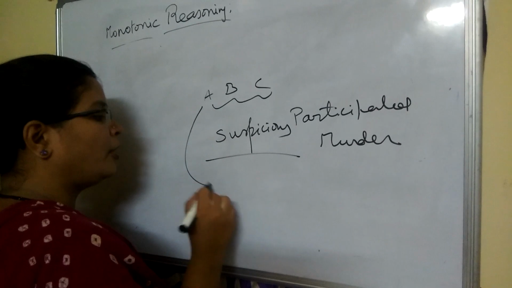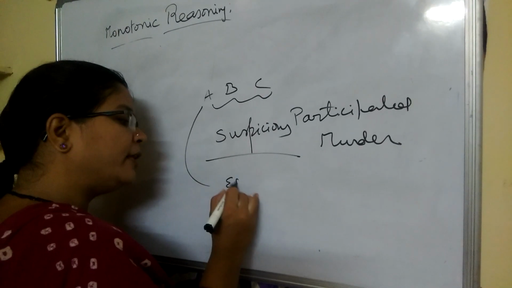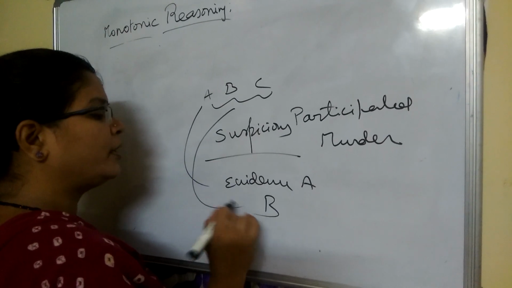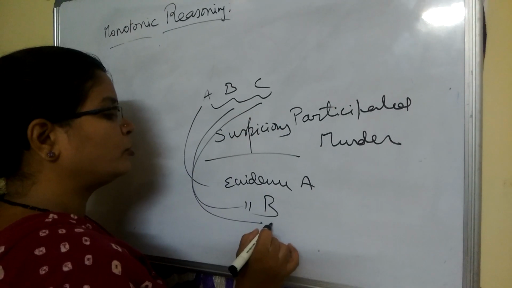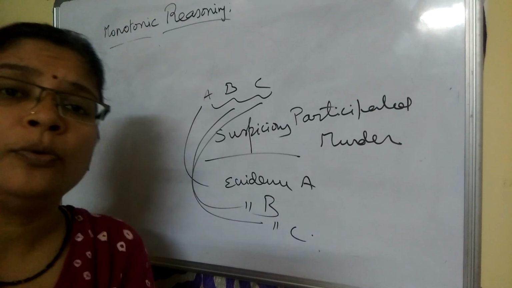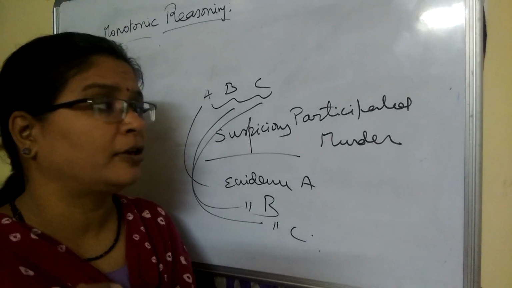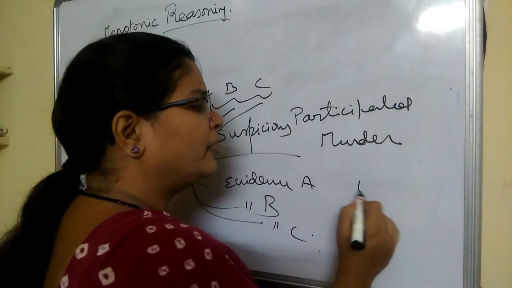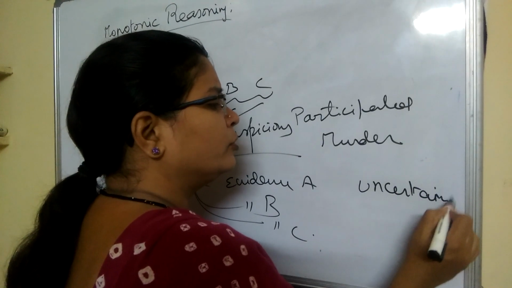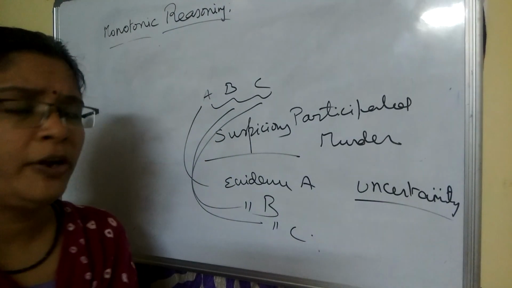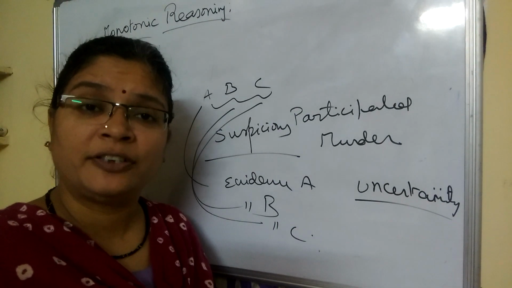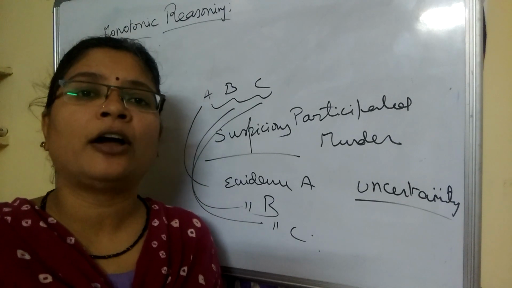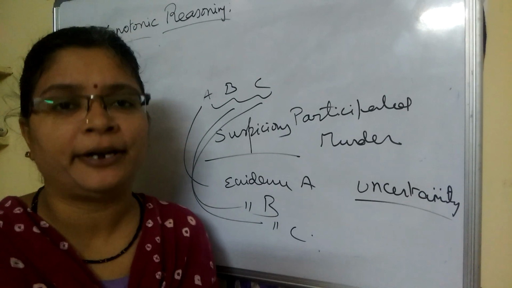Whenever we contact A, he has his own evidence that he was not there at a particular time, and B is also showing his own evidence, and C is also showing his own evidence. So how do we conclude who the final murderer is? This is one kind of problem that comes under uncertainty. We have to collect the evidence for each suspicious person, and only after collecting the evidence can we come to one conclusion that he is the exact murderer.